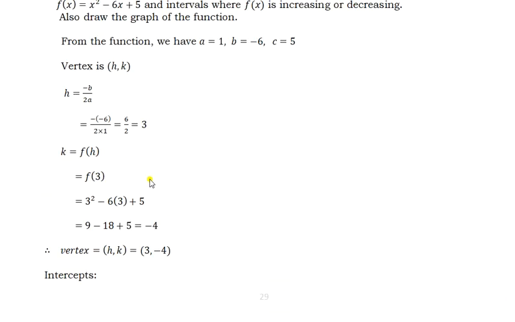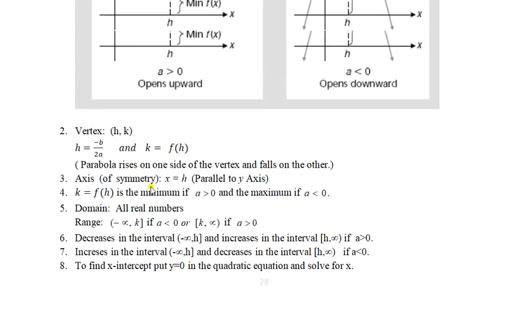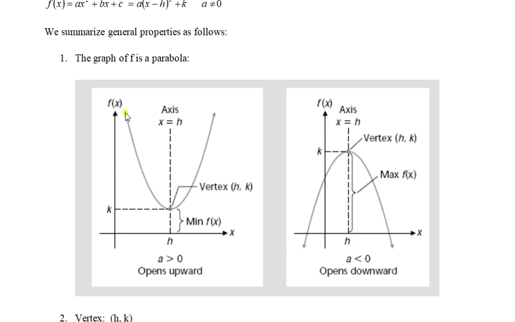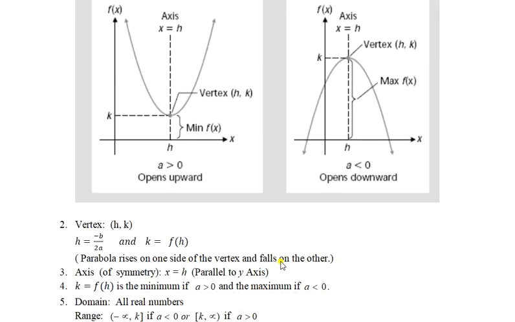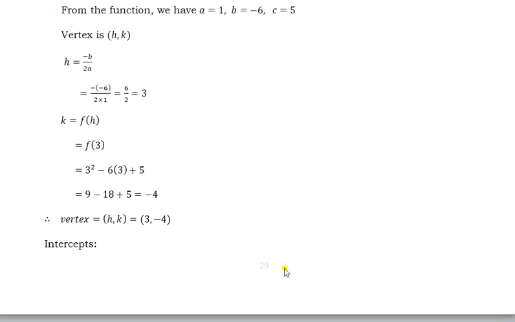Now we are asked to find where the function decreases and where the function increases. So I am just going back to the graph. If we check this graph, from here to here the function is decreasing, the value of the function is coming down, and from here the value of the function is increasing, going up. Whereas in this graph, from here to here the value is increasing, it reaches here, and then it is decreasing, coming down. So that is increasing and decreasing.